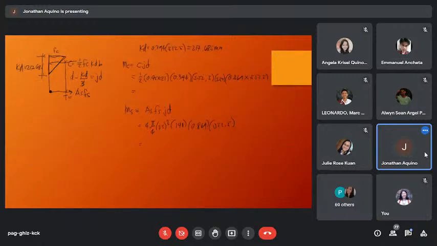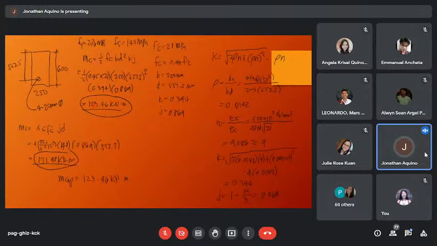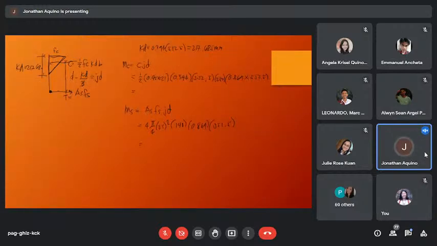So meaning, kaya ko ginawa yan, hindi nyo kailangang i-memorize yung formula, this formula, and this formula. So you can take the internal couple produced by the compression and tension. So meaning, hindi mo kailangan memorize. You can derive it considering this stress diagram, considering the stress of the concrete and the tension produced by the